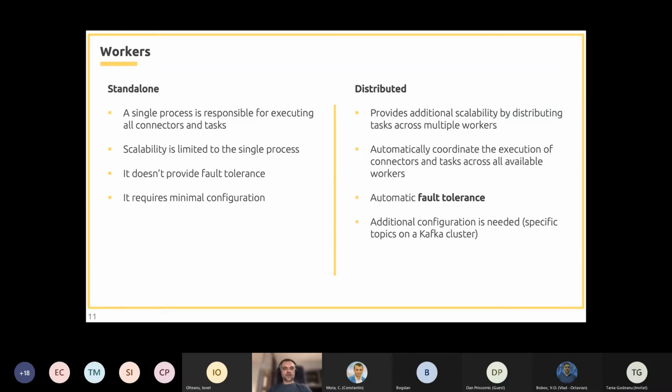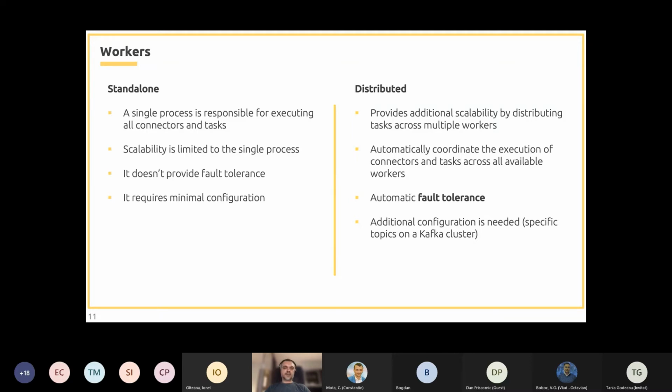First of all, workers. Kafka Connect can be deployed in two modes, the standalone mode and distributed mode. When running Kafka Connect in standalone mode, we have a single worker. And because of this, the scalability is limited. We are, of course, limited by the resources allocated to a single machine.